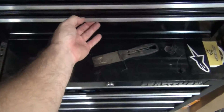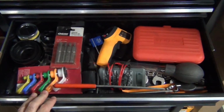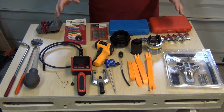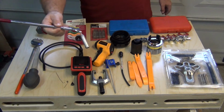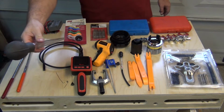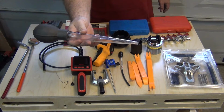Let's go down to all of this stuff, which is pretty much all automotive specific tools. We'll pull these out and take a look at these too. Okay, so this is everything out of that drawer, and this is what I call my automotive specialty drawer because it's all stuff to work on cars or motorcycles. To start off really quickly, got a pickup magnet for when you drop stuff, a mirror so you can find the stuff that you dropped, an old turkey baster, and this is valuable for doing stuff like removing old brake fluid out of a brake